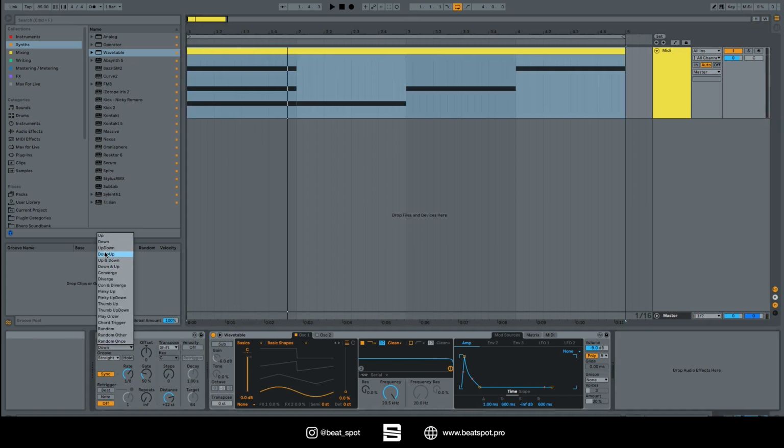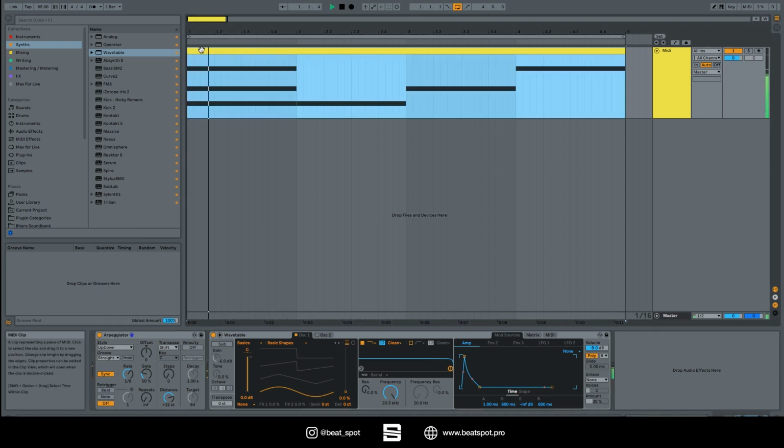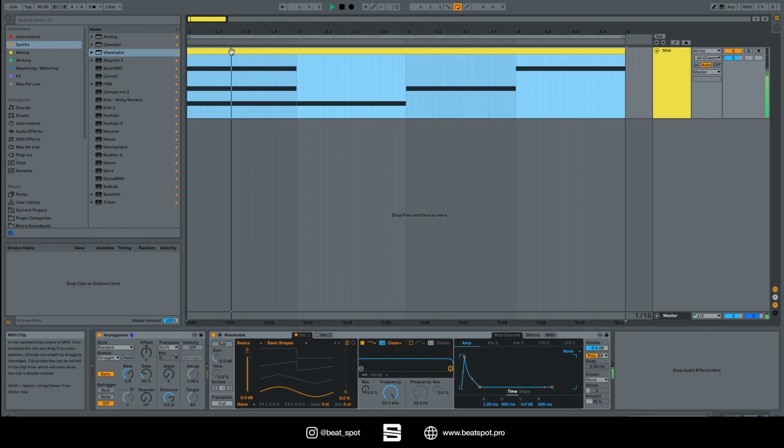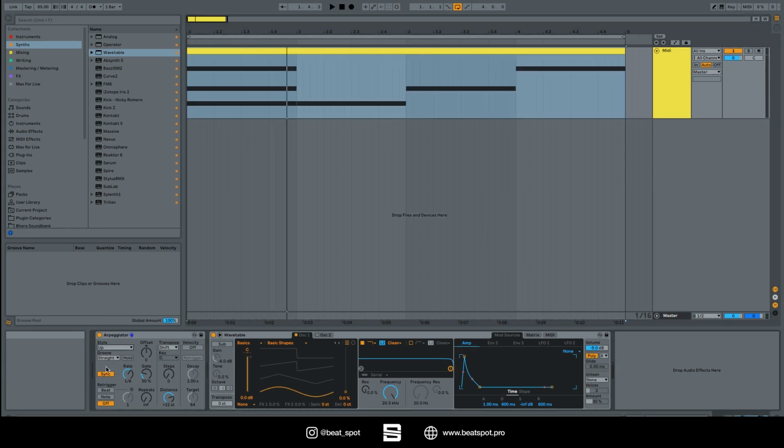Okay, and all this thing, up down, so it's just up to you. Pick one of these, see what works for you. They are all pretty explanatory, so random. You can just pick one and see what works. So we have the groove, we have straight, then swing,